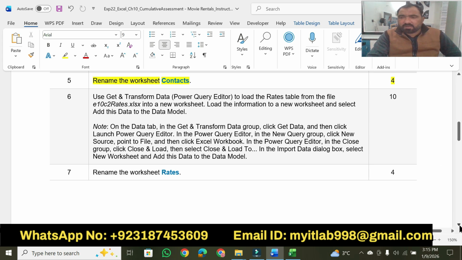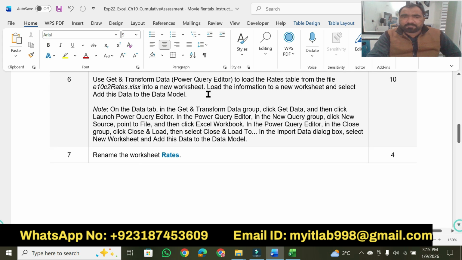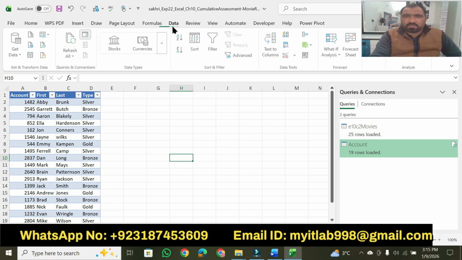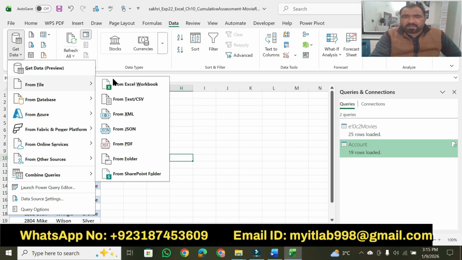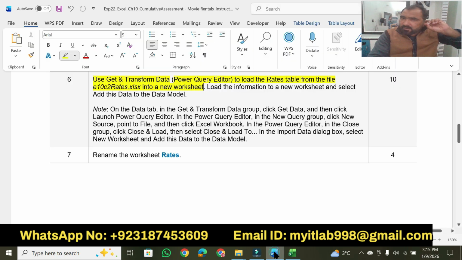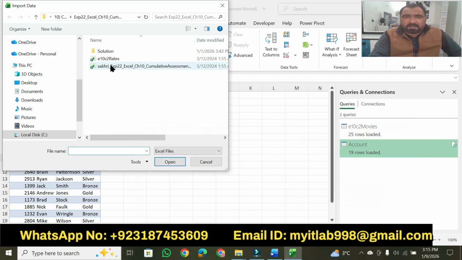Now moving toward question number 6, use get and transform data, then Power Query editor to load the rates table from a file, this one, that is Excel file, to a new sheet. Okay, so we have to again go to data, get data from Excel file this time, and the name of data is just like to load a rates table from E10 Excel file, this one. Okay,